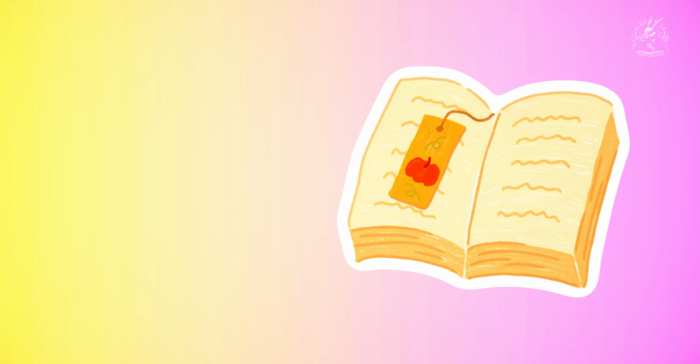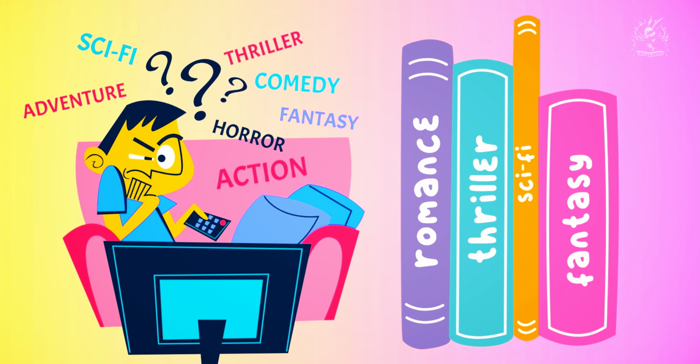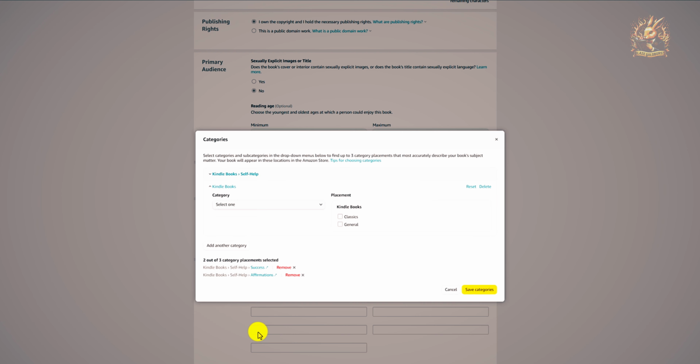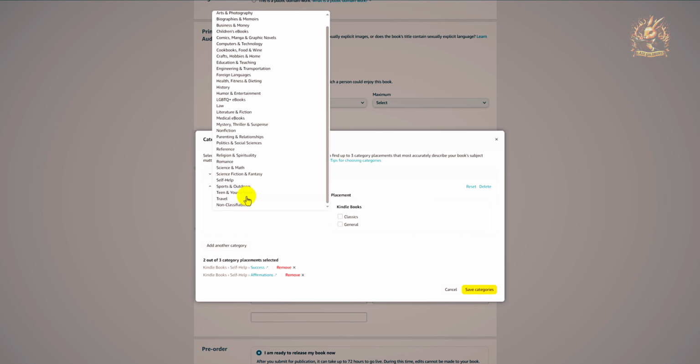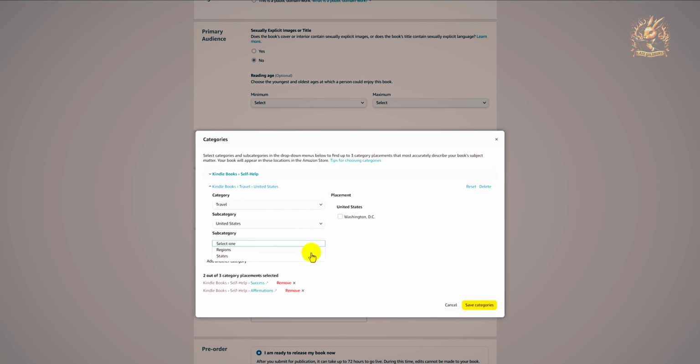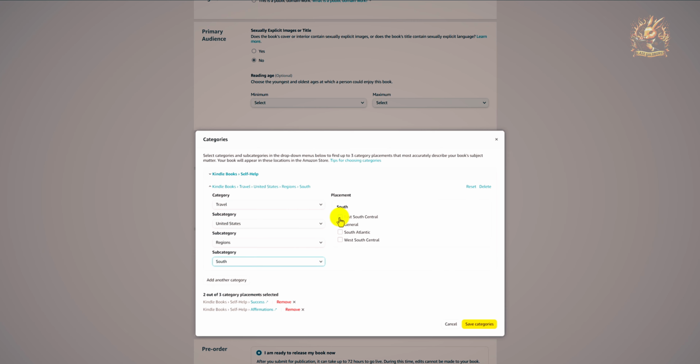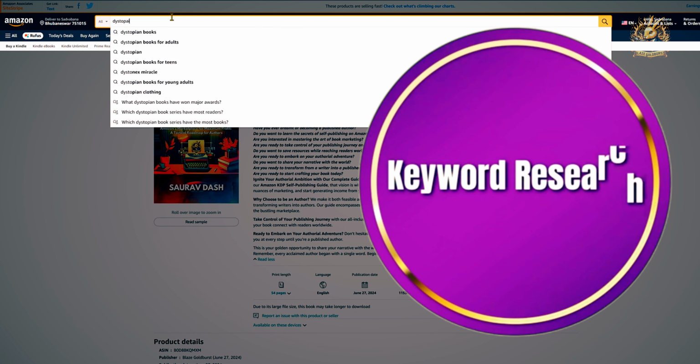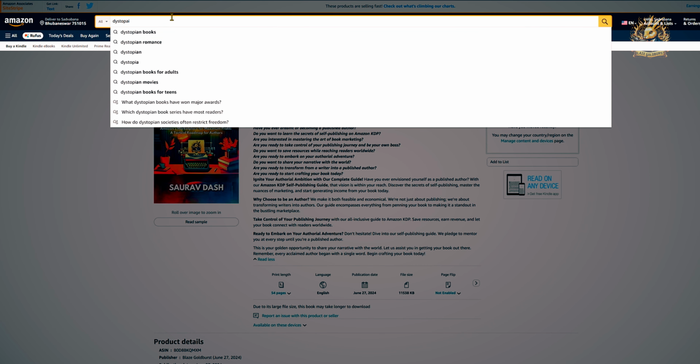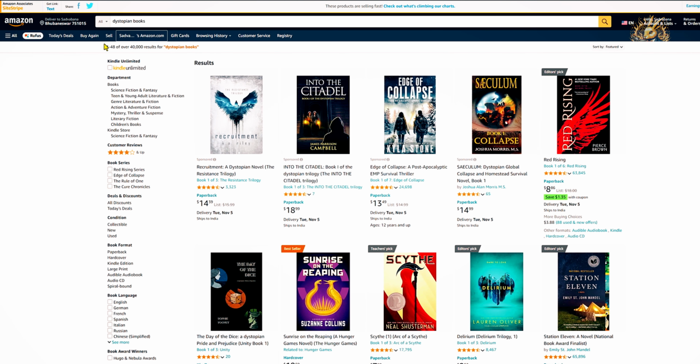Research current trends and popular genres. Look at bestseller lists and explore Amazon categories. Keyword research. Use relevant keywords. Think about what readers might search for.